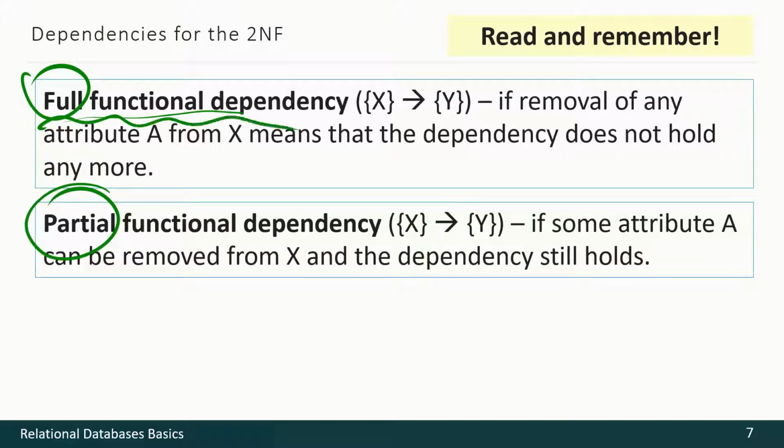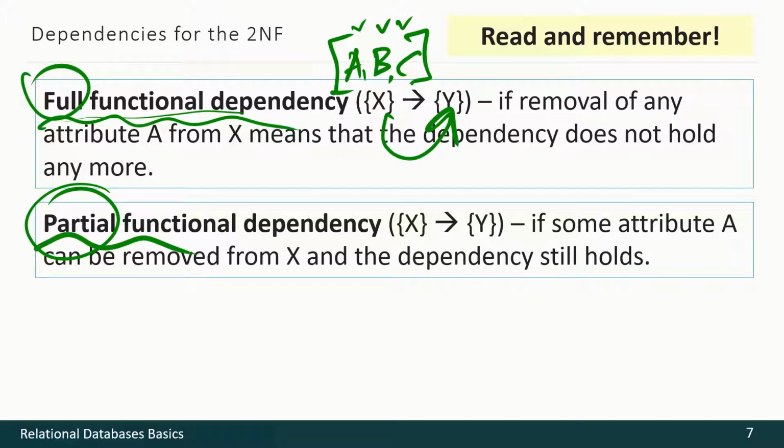With full functional dependency, imagine we have a set of fields like ABC here, and we absolutely have to have all those values in order to determine Y value. With partial functional dependency, for instance, we have the same ABC, but we may omit some value and we still are able to detect Y value.